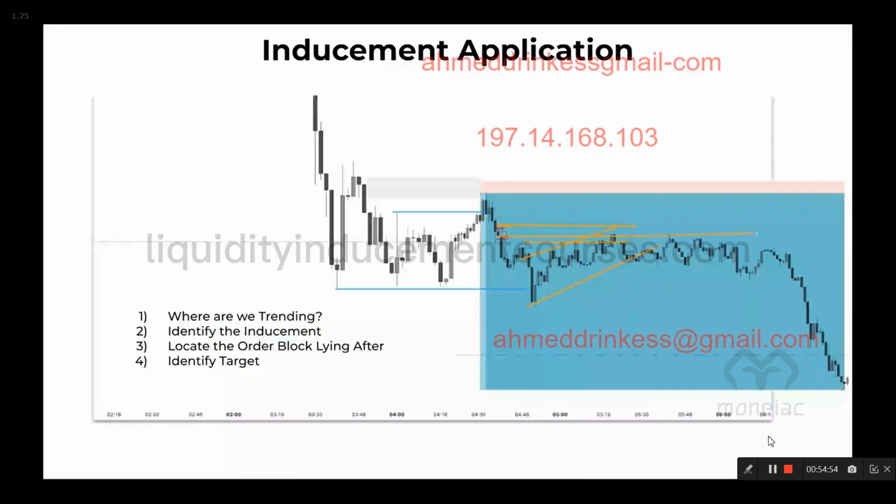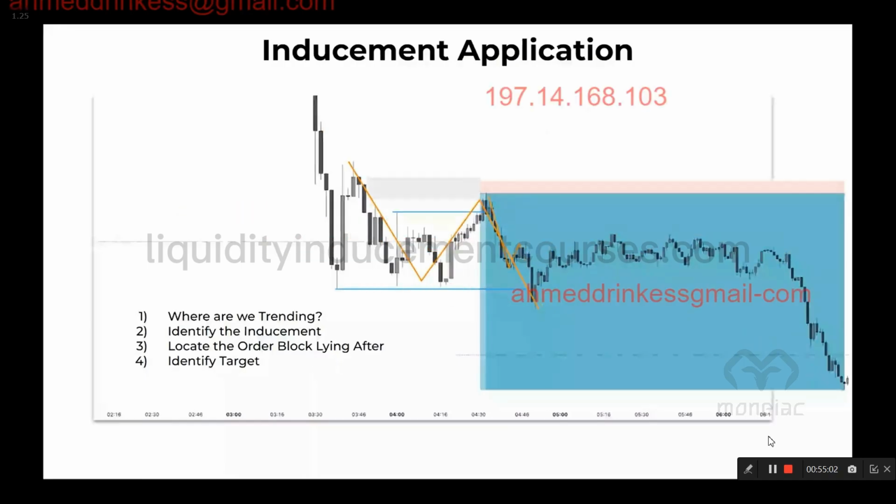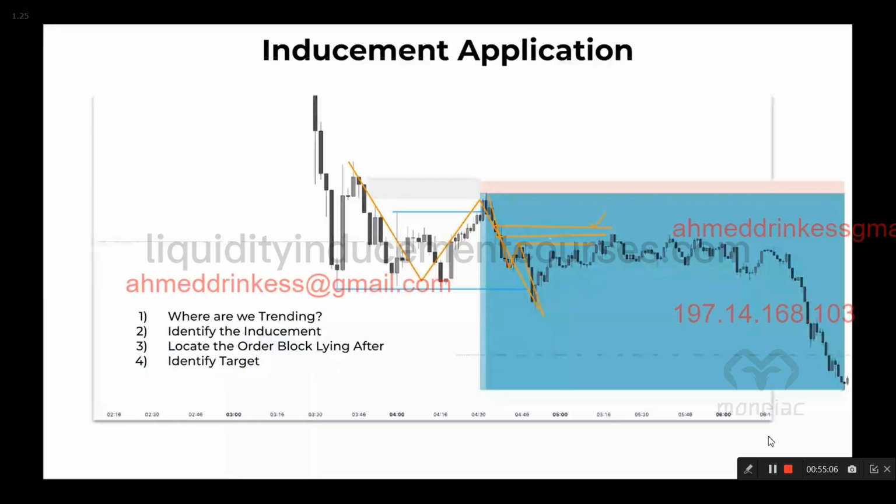And that's what we're going to be learning here in our first block. Well, we are technically in the first block, but that's how you do it. Oh, we have a new range. Here's our internal structure within the range. Here's our inducement. Here's our order block right afterwards. Boom. That becomes very quickly a 1 to 10 plus very easily. Exactly, Matthias. Again, OB plus M